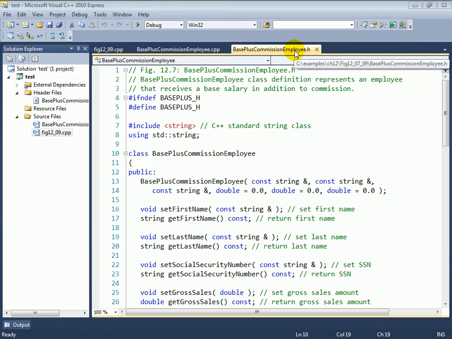Figures 12.7 through 12.9, Base Plus Commission Employee class. In this example, we're now going to take a look at a Base Plus Commission Employee class, which is very similar to the Commission Employee class that we just looked at. And our goal here is first to introduce the capabilities of the Base Plus Commission Employee class, and then talk about what we could have inherited from class Commission Employee had we constructed this Base Plus Commission Employee class a